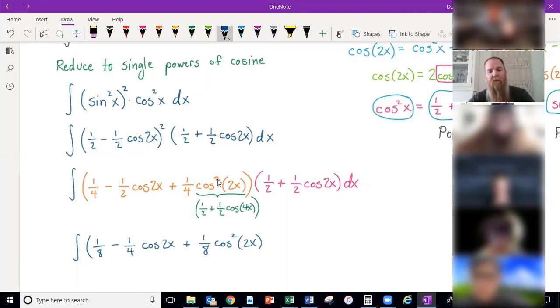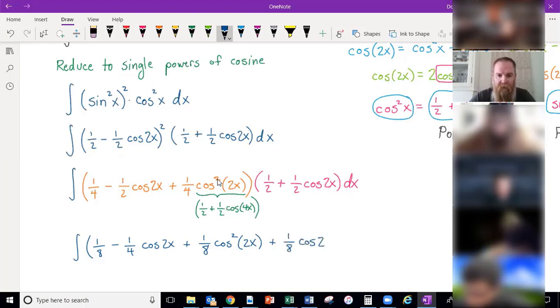So that takes care of multiplying everything by 1/2. Now let's multiply by 1/2 cosine 2x. All right, so if I multiply every one of these orange terms by 1/2 cosine 2x, we get plus 1/8 cosine of 2x minus 1/4